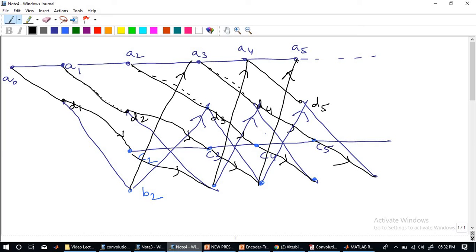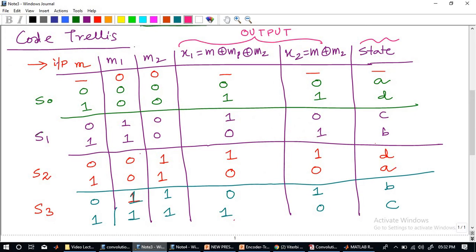Am I clear with this? I think it will be a little confusing. What I am trying to do is, we have first defined the states for the given circuit. Based on that, we are assuming that there is one bit coming in and 2 registers changing their state. When we defined this state table, we observed what happens when the M1 and M2 content is something and 0 or 1 comes in. And we have defined accordingly the state and the respective output with respect to the inputs given.